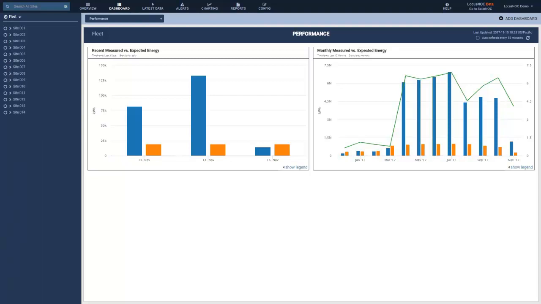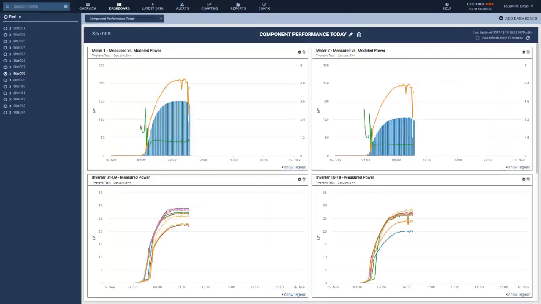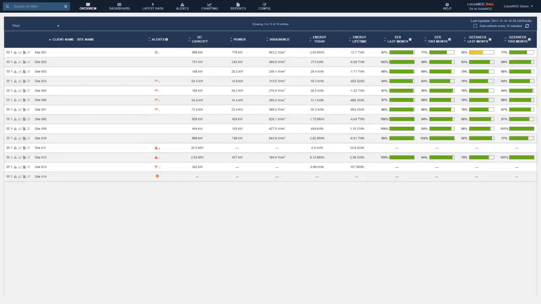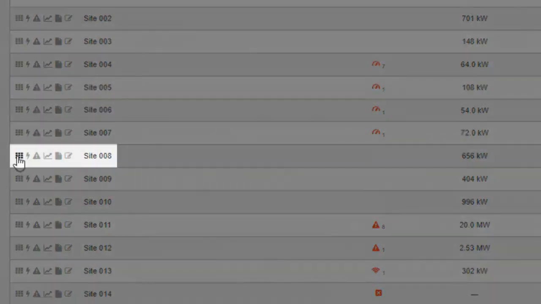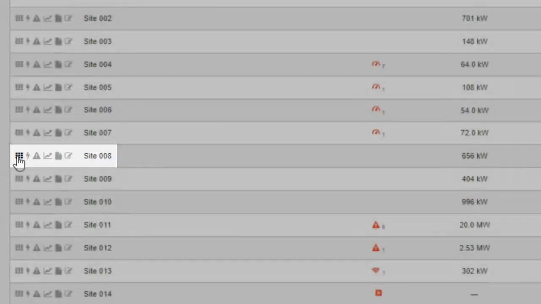You can narrow the Search Browse pane by searching or selecting a pre-existing group and select any of the sites listed to show a site-specific dashboard. For example, if we want to view the dashboard for site 008, we would just need to click the checkbox in the list on the left to move to the dashboard for that specific site. You can also navigate to a site-specific dashboard directly from the overview page by clicking on the dashboard icon on the left side of the page, next to the site of interest. For example, if we want to navigate directly to the site 008 dashboard, simply click on this icon on the